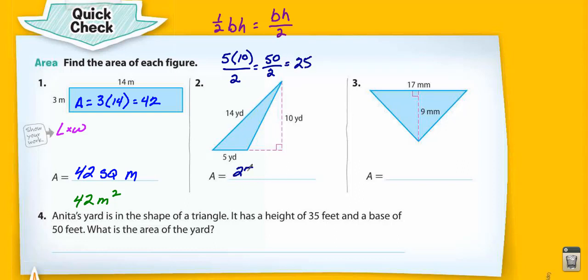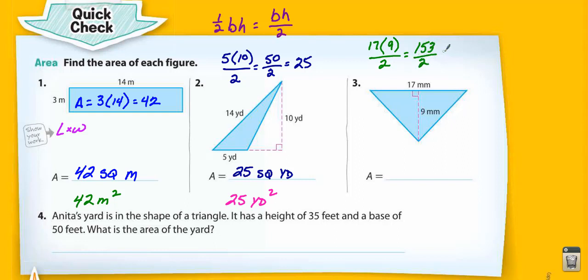So this would be either 25 square yards, or I could show it as 25 yards squared. Those both mean the same thing. Number 3, again, I'm going to use the base times height divided by 2. Here my base is 17. My height is 9. I'm going to divide that by 2. 17 times 9 is